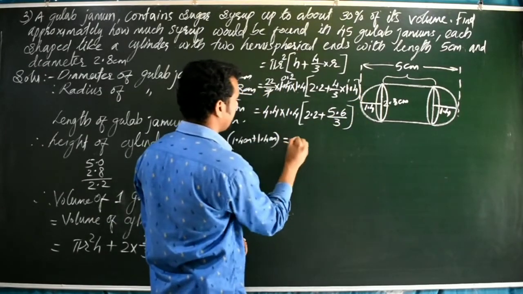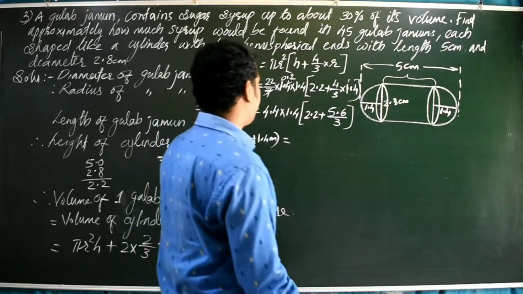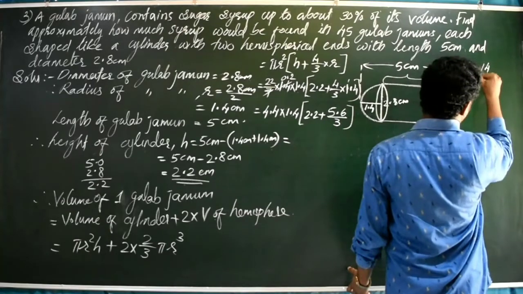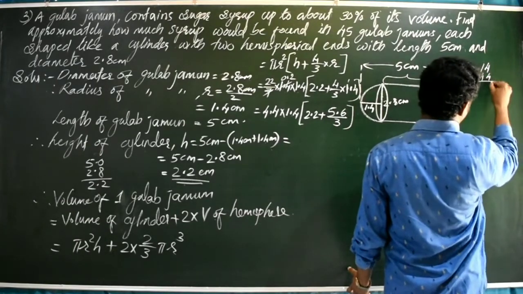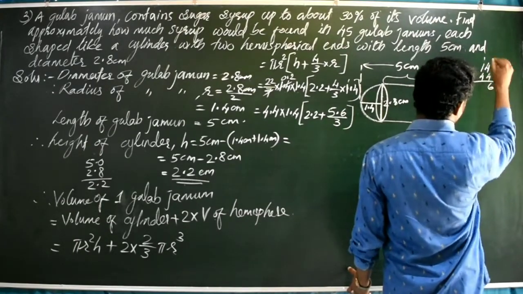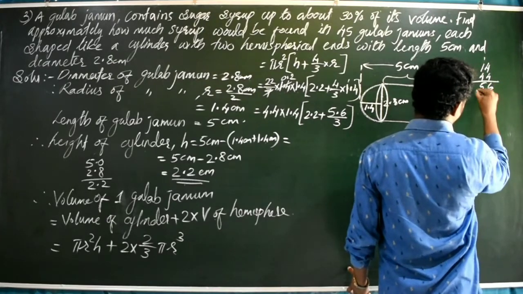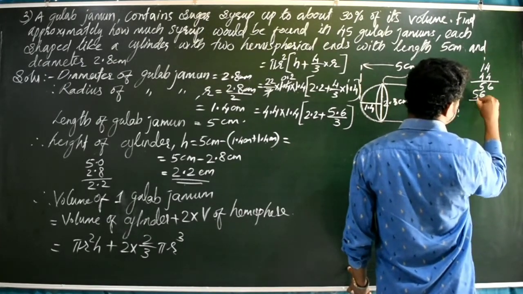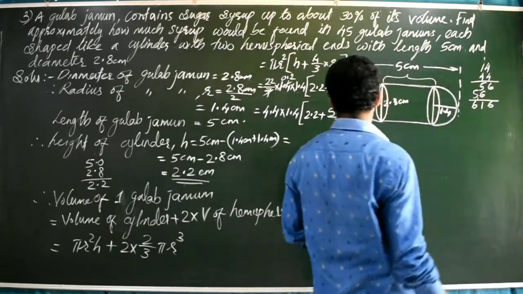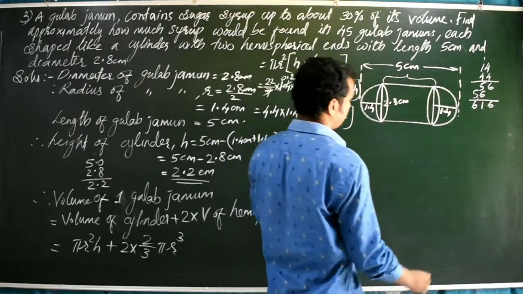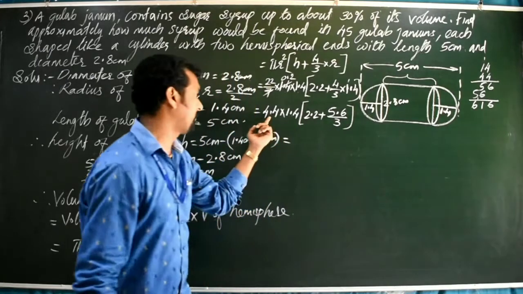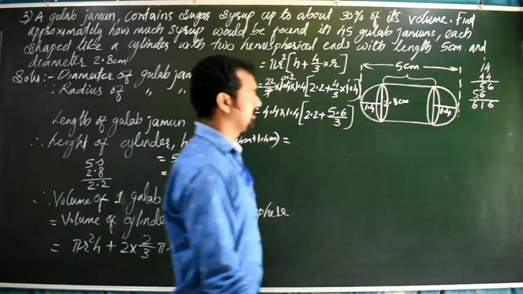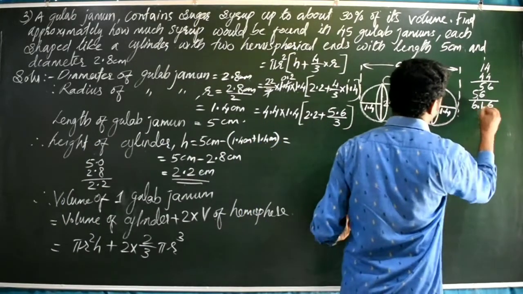Then that is equal to 4.4 into 1.4, that we have to multiply. 44 into 14. 4 4s are 16, 6, remainder 1. 4 1s are 4 plus 1, 5. 6, 5 it will come. 6, 5 plus 6, 11, 1, remainder 1, 616. Two decimal points are there. Here in 4.4 into 1.4, 1 decimal point here, 1 decimal point here. 2 decimal points are there, so it will come 6.16.